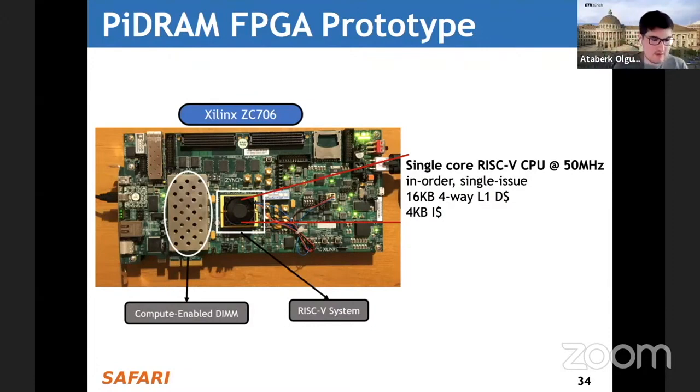So I think it's quite straightforward, actually. We make use of open source hardware that is basically being actively developed by a huge community. So they are already porting the hardware that we use in our prototype to new boards as we speak, probably. That's basically the RISC-V system that I'm talking about. And basically, I will talk about other components and how we can port them, and then I hope we will have an idea of how easy or hard it is to port to a new platform, essentially.